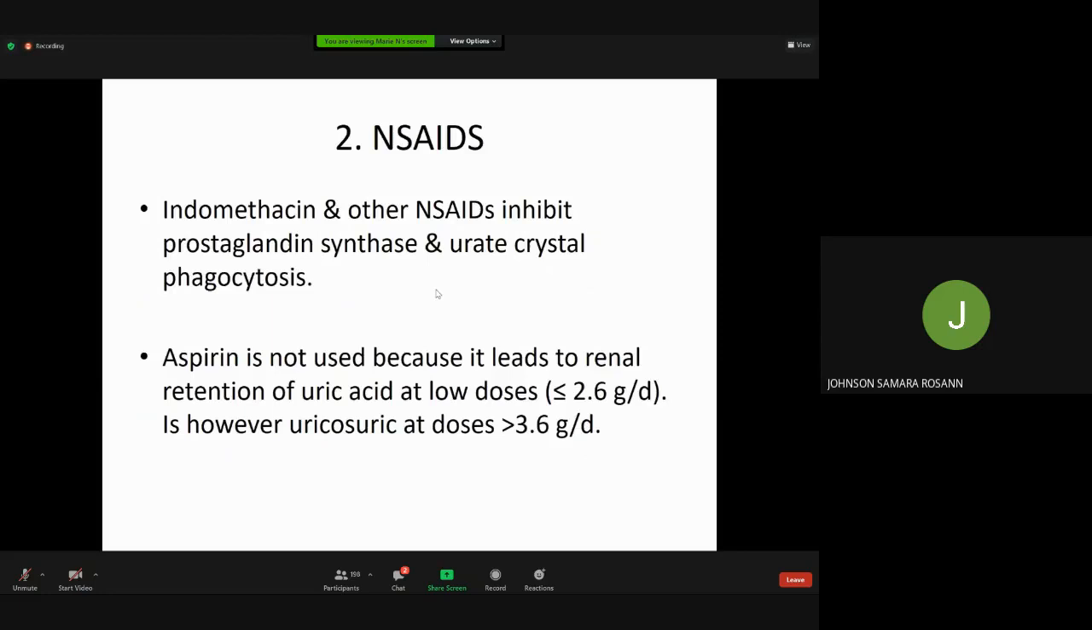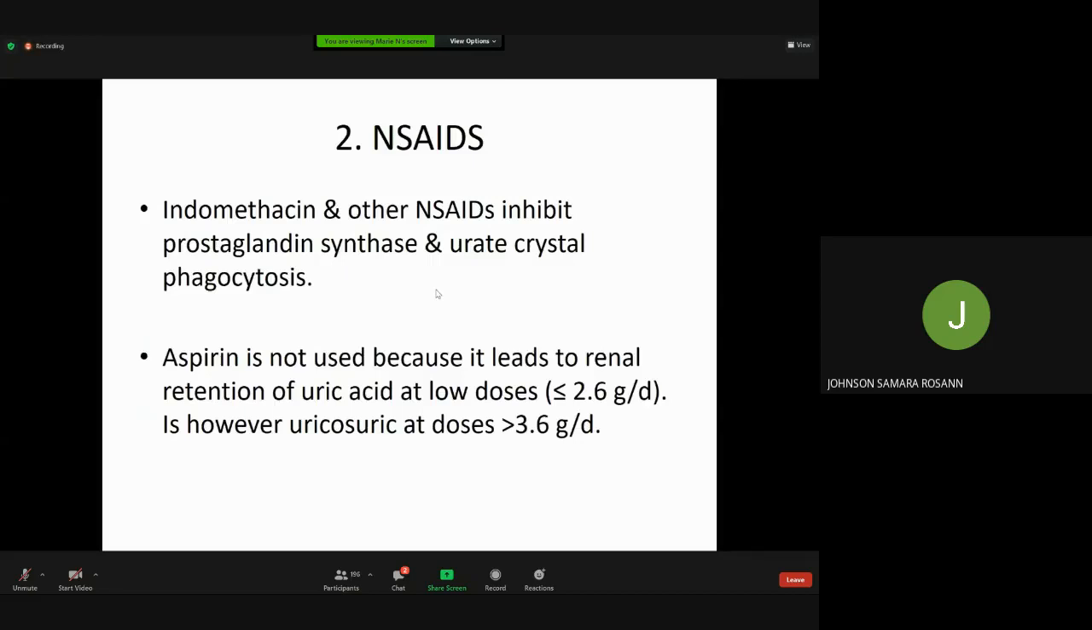Aspirin, not usually used because you need to know the correct dosing. So the issue with aspirin is that at low doses, if you're using less than 2.6 grams per day, it actually leads to retention of uric acid. So you're worsening the situation if you use low dose aspirin. However, if you're using very high doses, more than 3.6 grams per day, it then becomes uricosuric, which means that you now increase secretion of uric acid into the urine. So this is a common MCQ, so you need to know low doses lead to retention, higher doses are uricosuric